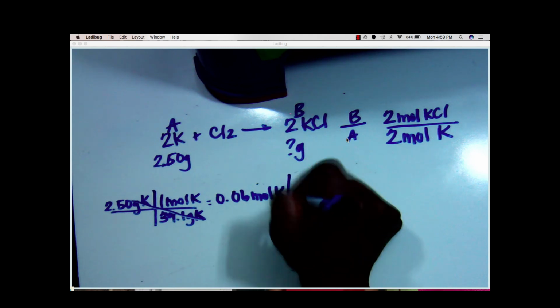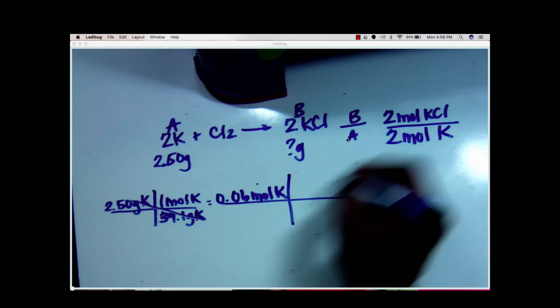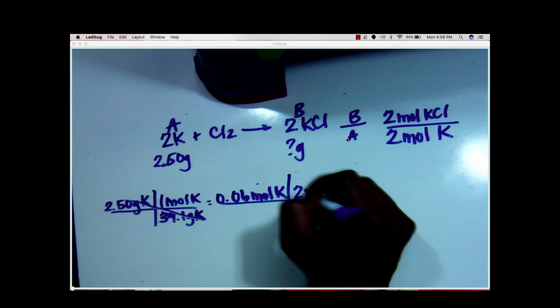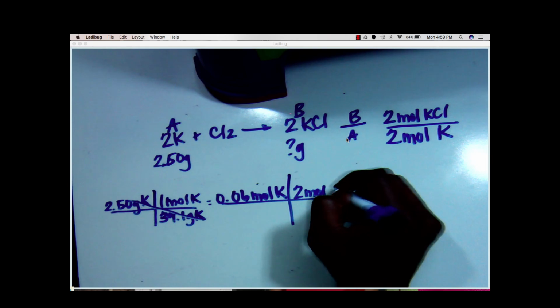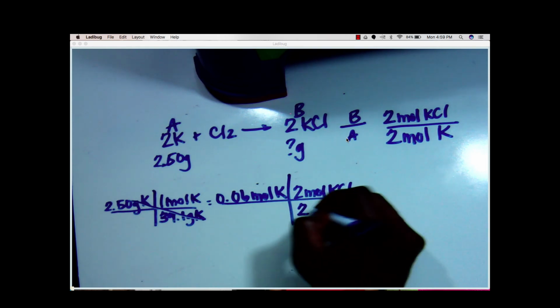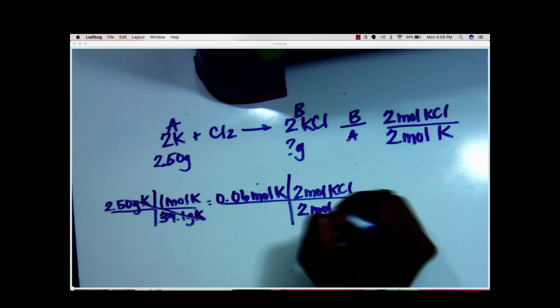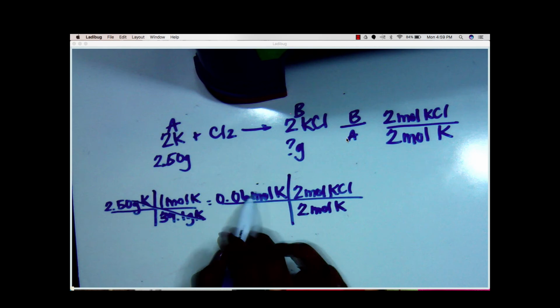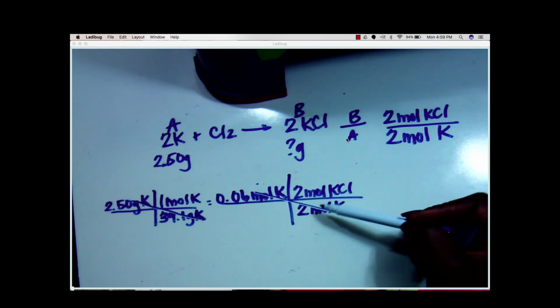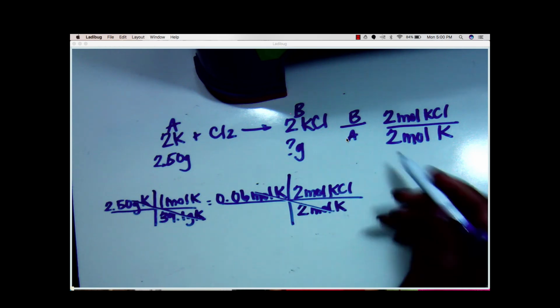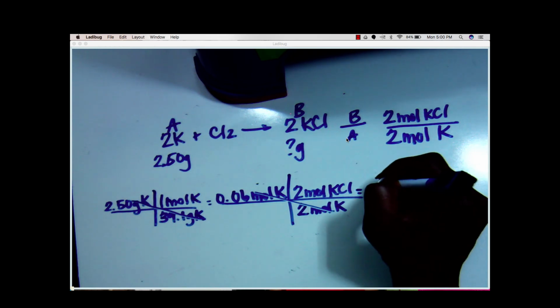We go from moles of A to moles of B using the mole ratio. So I'm going to go ahead with my next T-chart and pull my mole ratio in. It becomes 2 moles of potassium chloride over 2 moles of potassium. Again, our like units are diagonal, so they cancel out. And right here you can see 2 divided by 2 is 1. So we end up with 0.06 moles